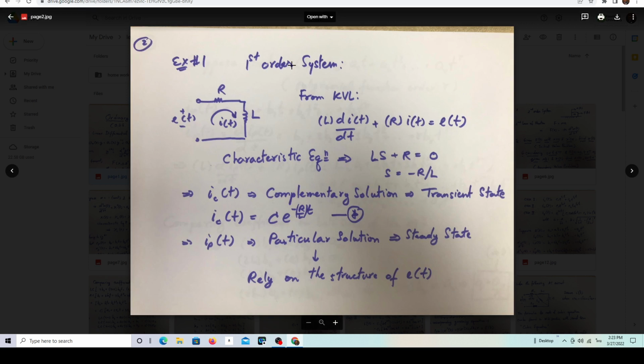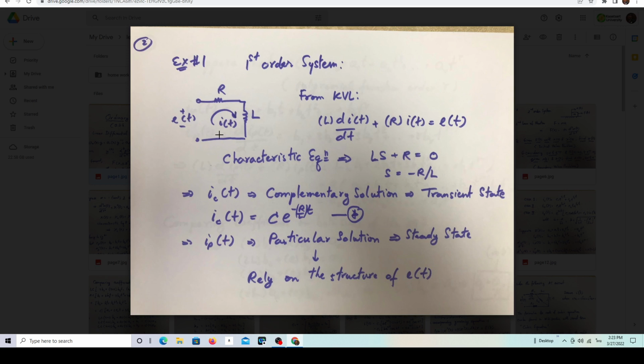For example, this is what we call a first order system, the first order equation. We look at this well-known alternating circuit with electrical elements R and L. R represents resistance, L is the parameter for inductance, and given the input voltage E of t, and based on Ohm's law,